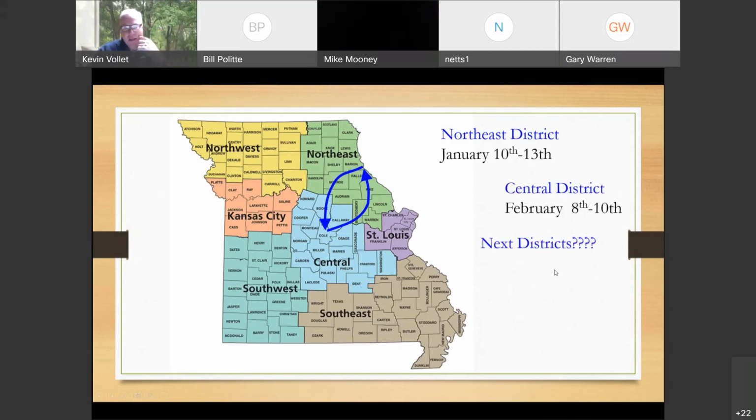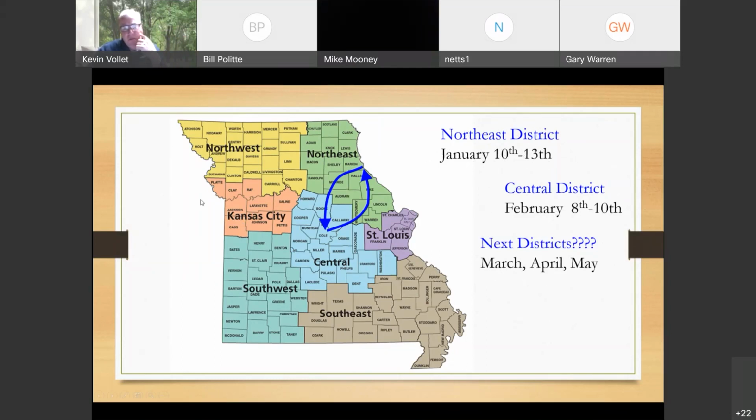If anybody in the districts is interested in going ahead of the other ones, let us know, and those will probably be in March, April, and May. If I don't hear from the districts, I'm going to probably wait till after we get through the Northeast District. I will start calling the other districts after that. I want to make sure that training goes smoothly and Northeast goes smoothly, and then once that's done, I will start contacting the other districts about when they might want to go.